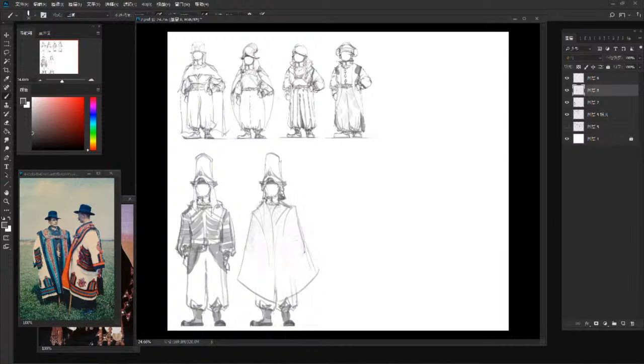feedback and validation from being able to share with your fellow artists is, I think, really useful.